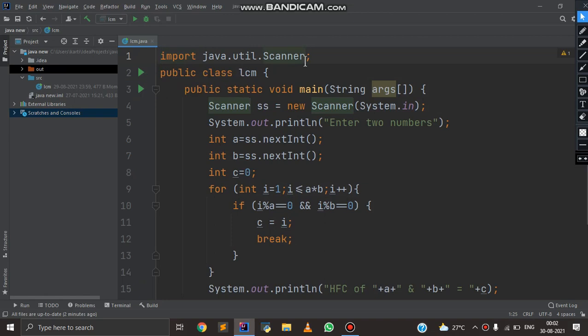Like if we want to tell that HCF of 5 and 10 is 5, because 5 and 10 both come in the table of 5. And if we want to tell that HCF of 16 and 18, the output will obviously be 2, because 2 is the only number where 16 and 18 both come.